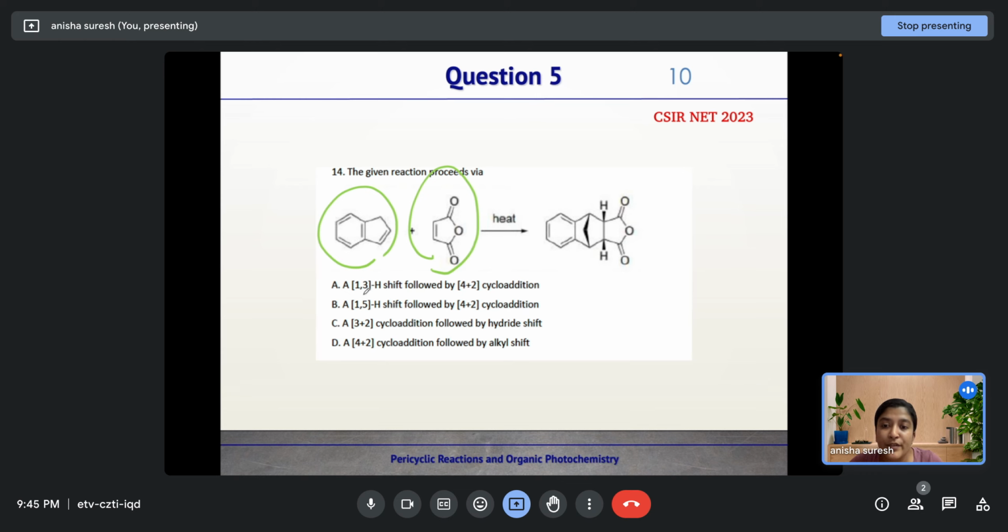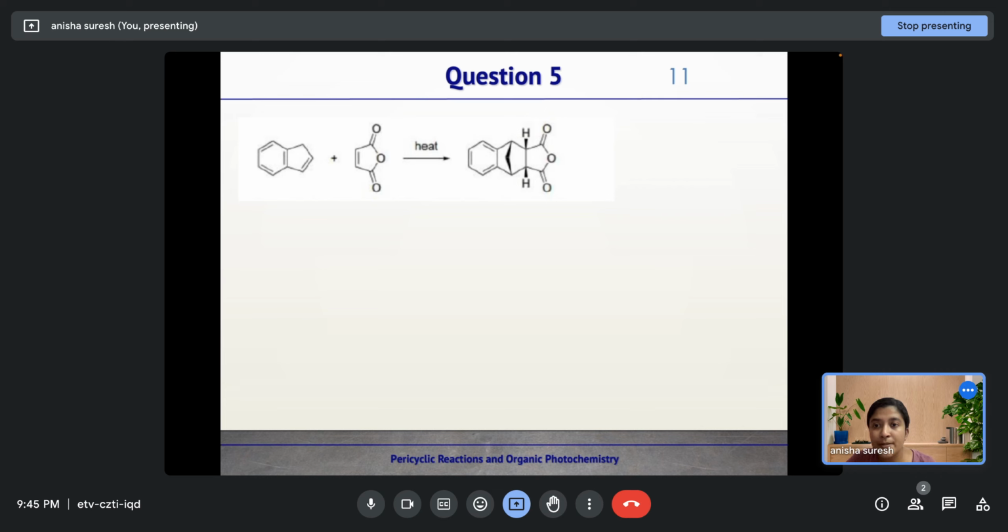So options are: first 1,3 hydrogen shift followed by 4 plus 2 cycloaddition; 1,5 hydrogen shift followed by 4 plus 2 cycloaddition; a 3 plus 2 cycloaddition followed by hydride shift; 4 plus 2 cycloaddition followed by alkyl shift. So we can see the mechanism. So here the hydrogen that is here, 1, 2, 3, 4, 5, it will shift to here and we will get